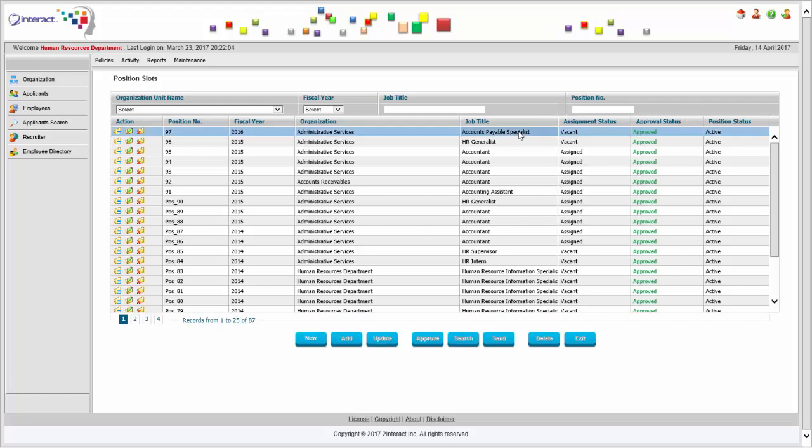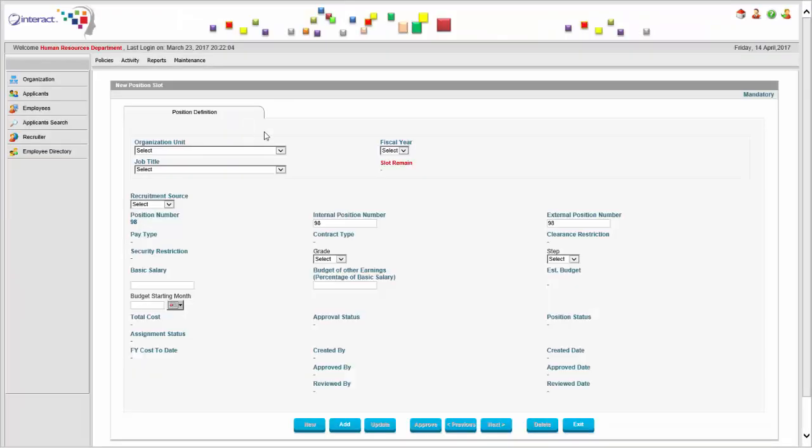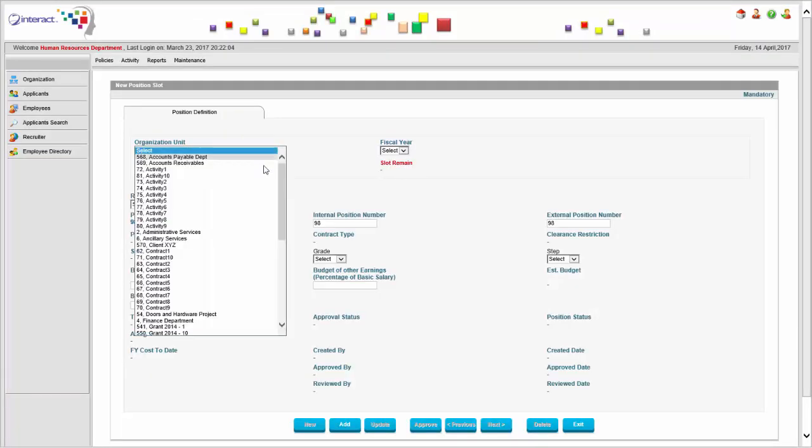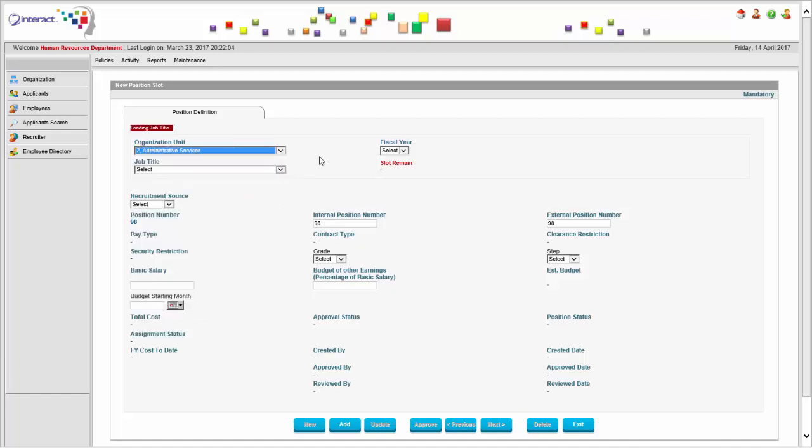In fact, we still have a vacant position from 2016, but that was not transferred to 2017. So we're going to start anew, and we're going to say for the administrative services for fiscal 2017, you notice there's only 2 positions available here. If we go to grade 1, because we have turned on the grade-based position budgeting, there is 1 slot remaining, and now we can have the system fill in the required basic salary here, or we can do this ourselves,